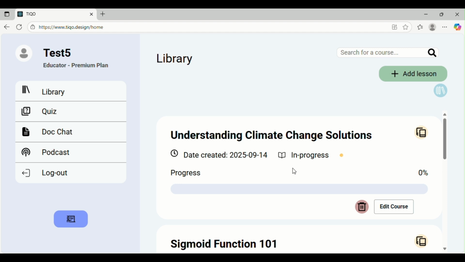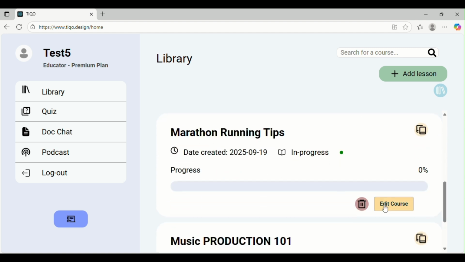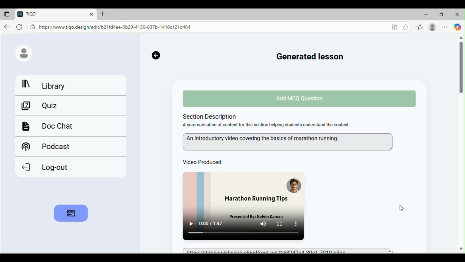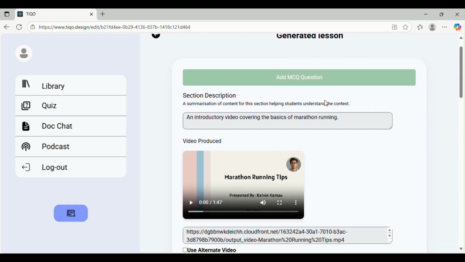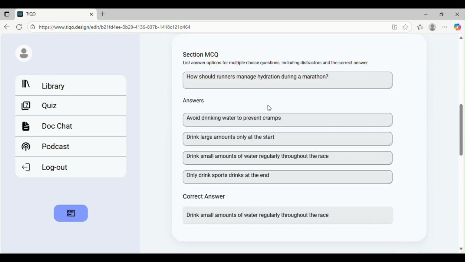So now back on the homepage, we understand that for educators, AIs can sometimes hallucinate. And how we get around that is by giving you the ability to edit the contents that were created by that course. So in this particular case, I just click edit lesson. And now that I'm here, I can change any aspect of the lesson, and say, change any description, change the answers to the multiple choice question,